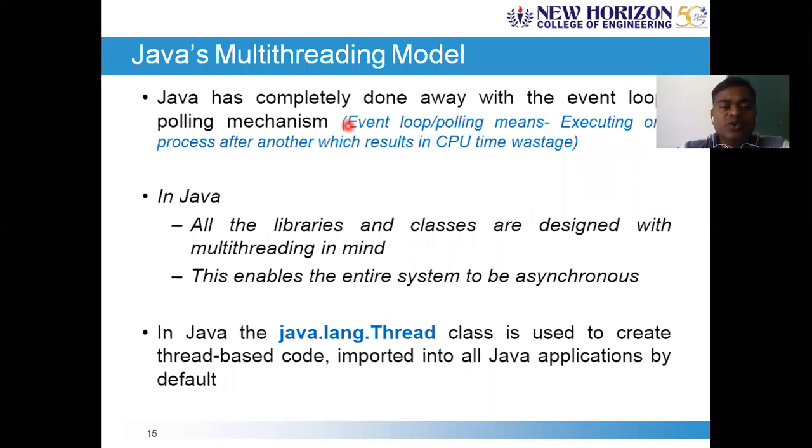As I mentioned before, Java has completely done away with the event loop polling mechanism, where there is one process after the other, which results in CPU wait.